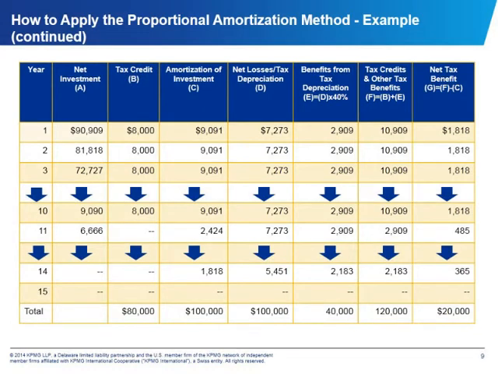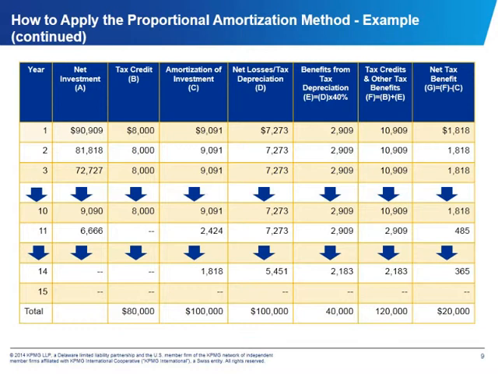This slide illustrates how the investment will be accounted for each year based on the information noted on the previous slide. As you can see, the total tax credits and other tax benefits that are recognized over the life of the investment are $120,000, which is the total of column F. As such, the amortization of the $100,000 investment is calculated by taking the $100,000 and dividing it by the total tax credits and other tax benefits of $120,000